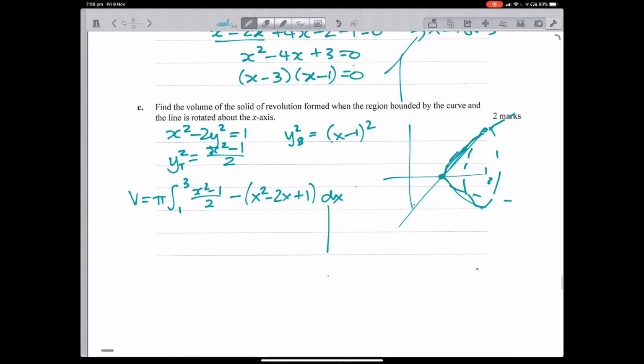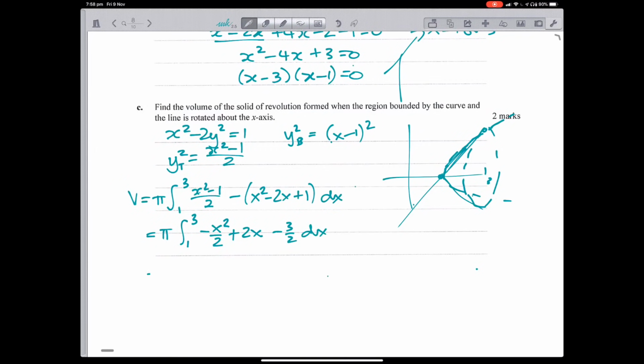Okay, now we can join it all together because we've got both of the y squareds separately. So we get pi, 1 to 3. X squared on 2 minus x squared is negative x squared on 2. I've got negative 2x, so 2x. And then I've got minus 1 minus a half, which is minus 3 on 2, dx, which is pi, negative x cubed on 6 plus x squared minus 3x on 2